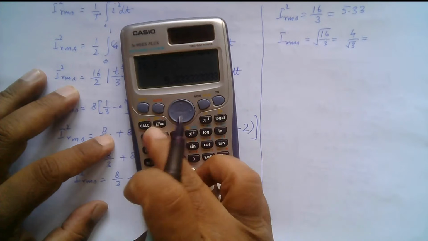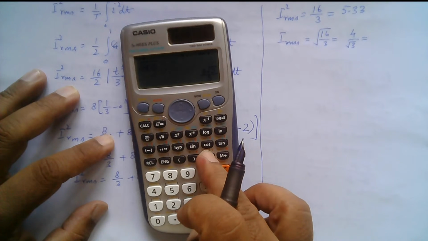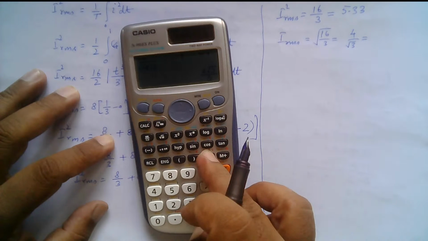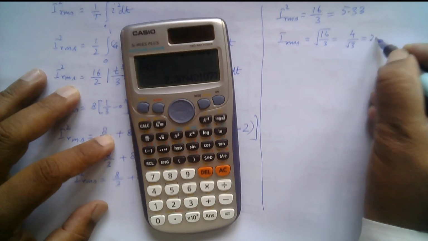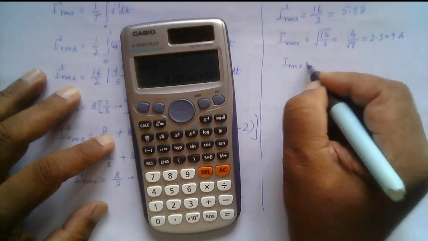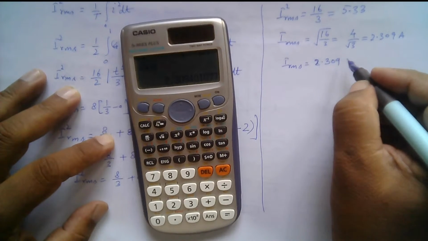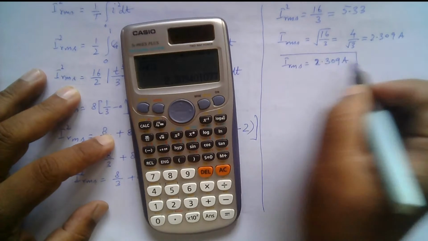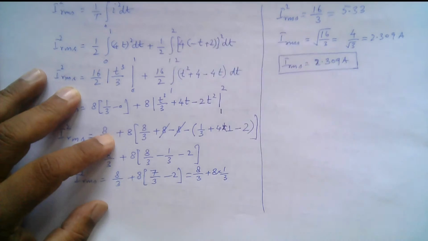so that is 2.309 amperes. So IRMS is equal to 2.309 amperes. So this is the effective value or RMS value that we have found. We were supposed to find